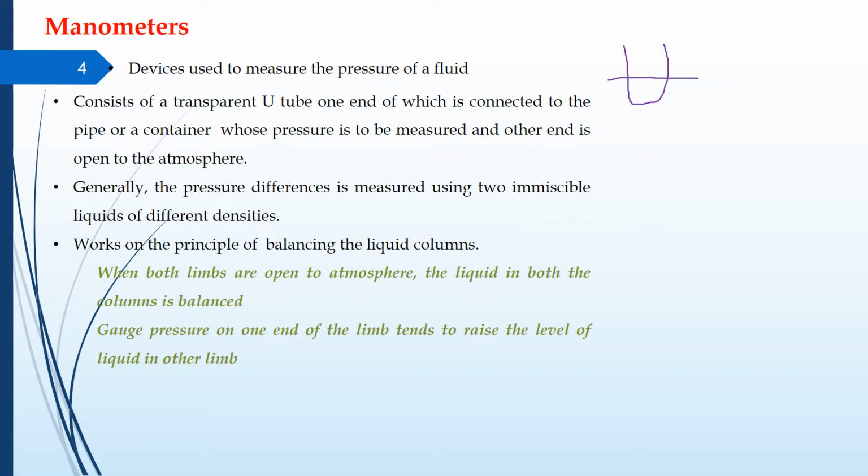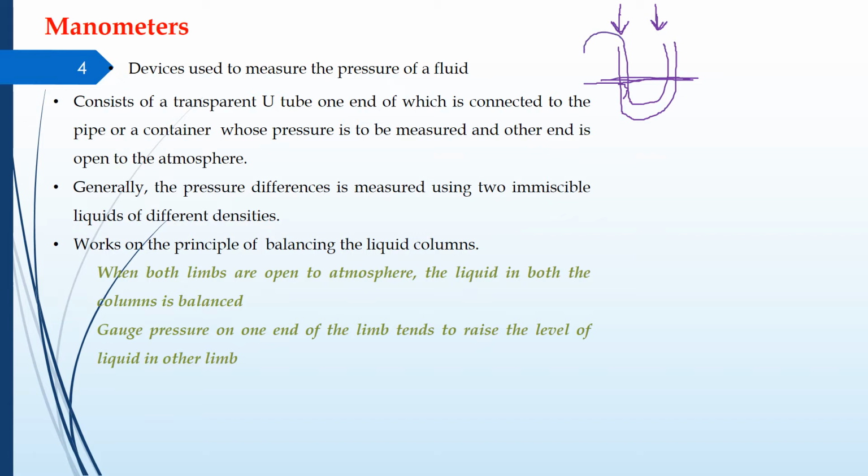in two different tubes. Certainly when both the ends are open to the atmosphere, the level of the liquid remains the same in this limb and in this limb, since an equal amount of pressure, that is the atmospheric pressure, is being exerted on both the tubes. Let me make it very clear. If we have a liquid over there, the level will remain the same if we have the same density fluid, and the most important thing is that both are open to the atmosphere, and certainly the atmospheric pressure will exist, and the level will be balanced.